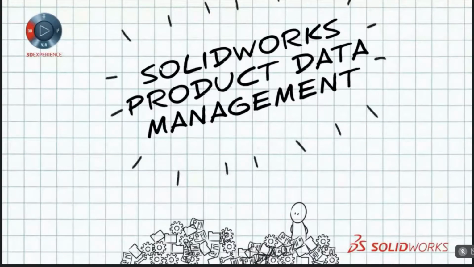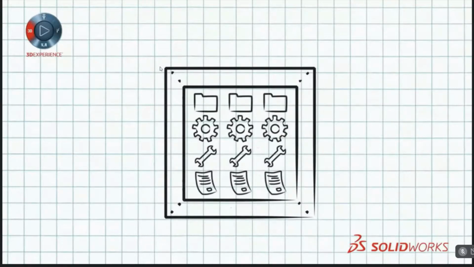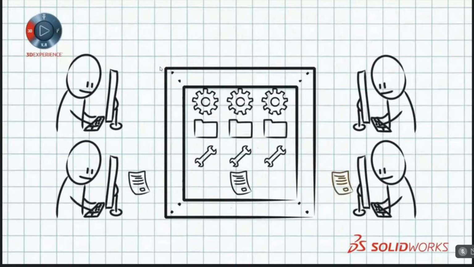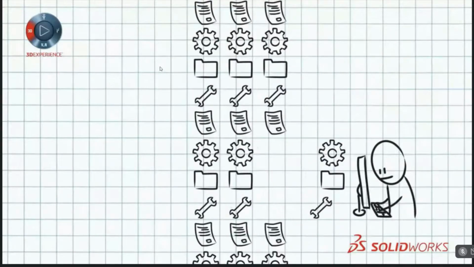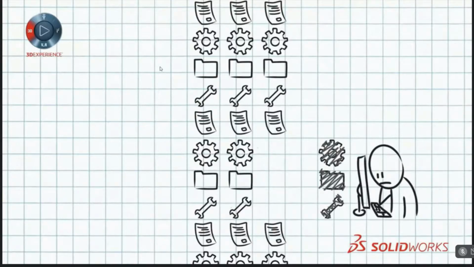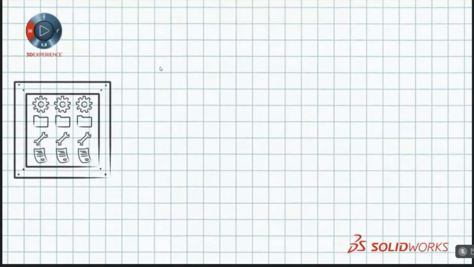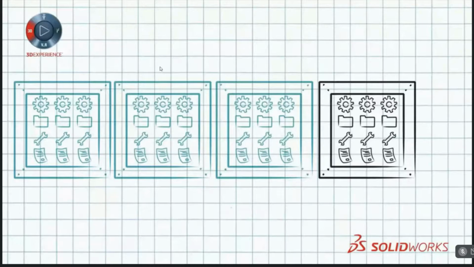Enter SolidWorks Product Data Management. PDM gives you a centralized vault and design file management tools so that everyone across your organization can access the most current data in a consistent way. You eliminate file redundancy and clutter. Everything is indexed, so finding the right file is fast and easy. And with PDM's intelligent versioning and revisioning, if you make a mistake, reverting to a previous design is no sweat. With all your data in one central location, backups become effortless.